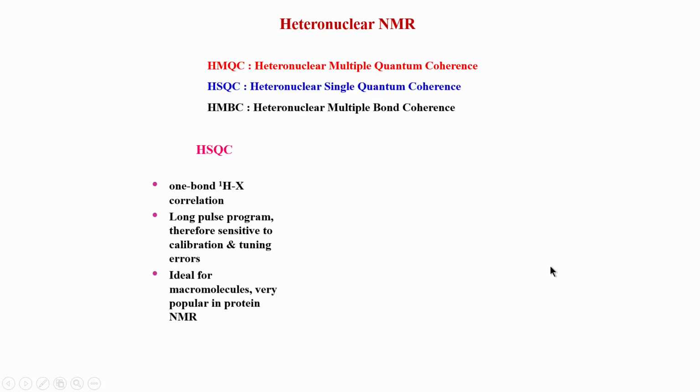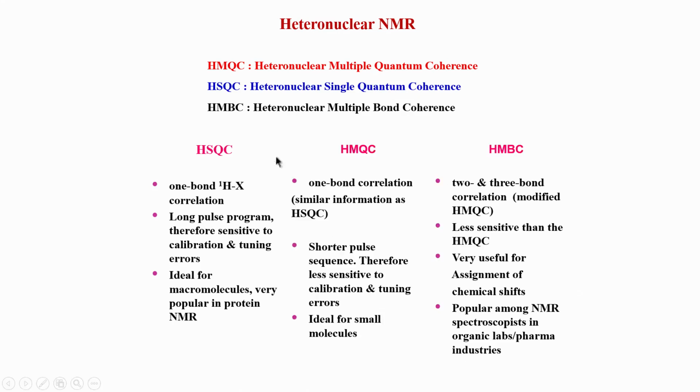We will not go into details of all the experiments. As I said, HMBC is something we will not look at at all, but let us quickly look at the differences between HSQC, which stands for heteronuclear single quantum, and HMQC, which is multiple quantum. What are the disadvantages? We will look at the pulse sequence also in the next slides. HSQC and HMQC both give us direct one bond proton and heteronuclear correlation, which is something I have been emphasizing. If you have a molecule, you are only looking at this pair, this is one bond coupling.